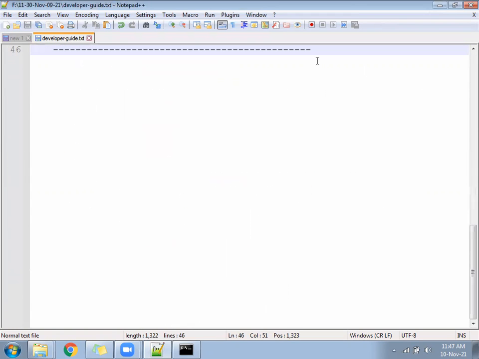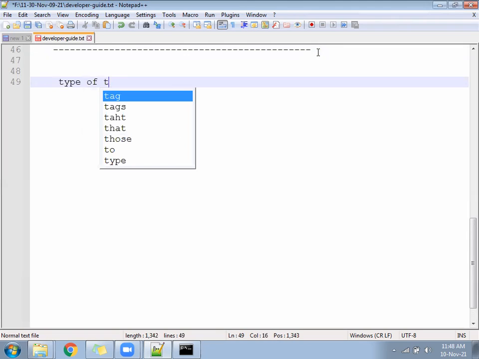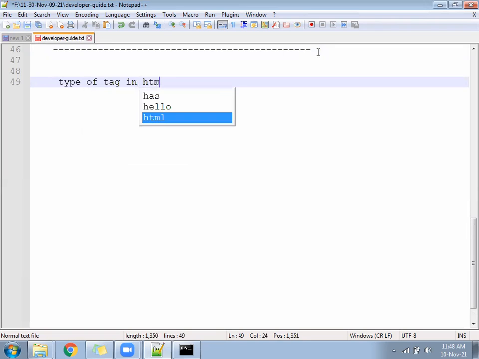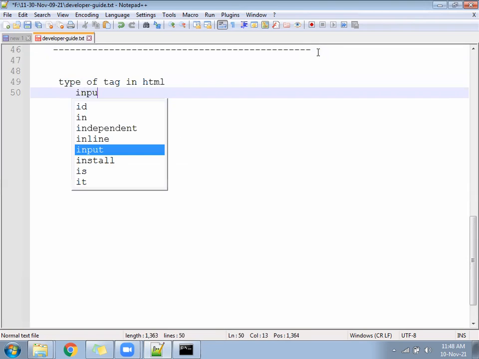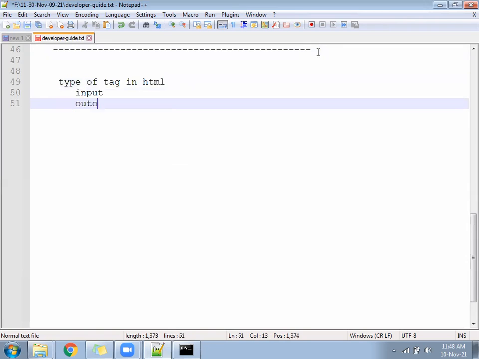And what we discussed yesterday, 4 points. Hope you remember. What was that? Types of tag in HTML. One was called input and another was called output.